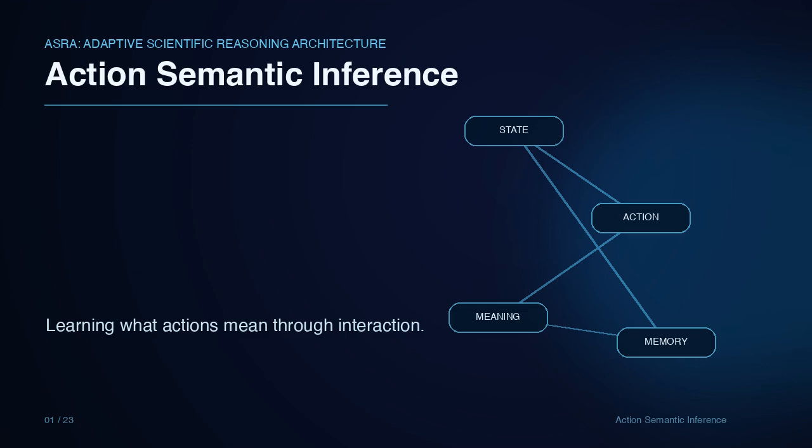What does an action mean before anyone names it? In familiar software, the answer is usually hidden in the code. A button moves, rotates, opens, selects, or deletes because a designer defined it that way. But general intelligence cannot rely on labels arriving first. It must enter an unfamiliar world, interact, observe the consequences, and build meaning from evidence.